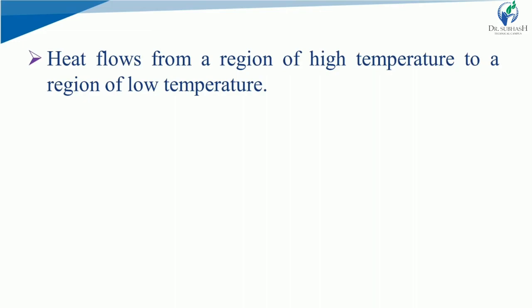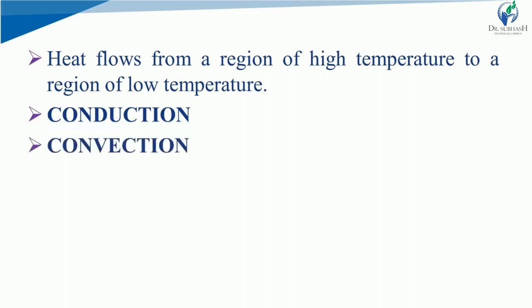Why is that? So that there will be a balance between both the regions, the high temperature region and the low temperature region. To understand this further, there are three basic mechanisms: number 1, conduction; number 2, convection; and number 3, radiation. These three are the most important basic mechanisms of heat flow, which you will study in detail in this heat transfer chapter. So please pay attention. Also keep on studying on your own.